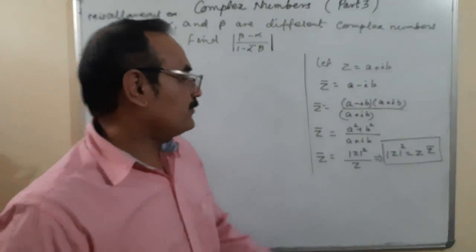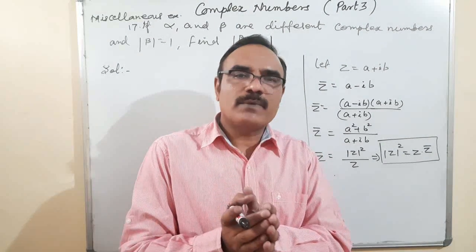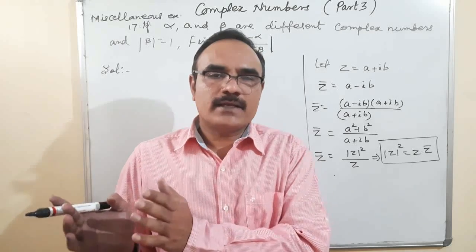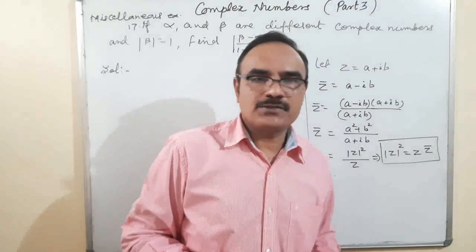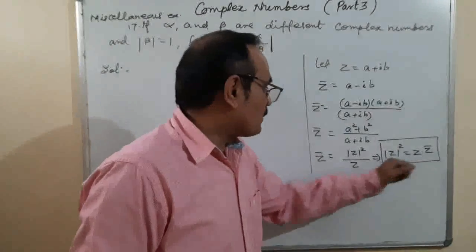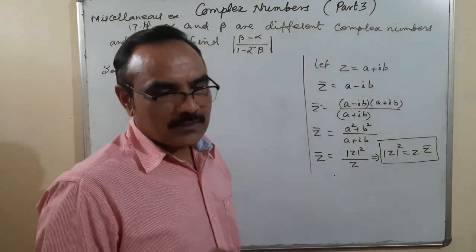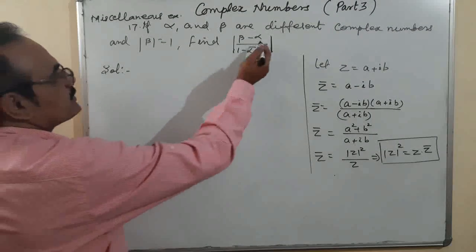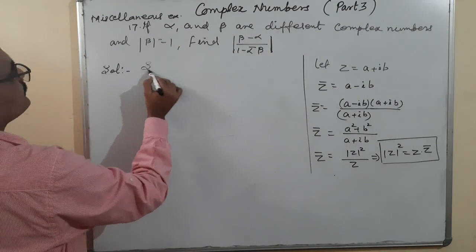So whenever we see a complex number and the conjugate of that complex number, both in a product, we can write the magnitude of the complex number whole square. Okay, so this property will be used in this question. That's why I have explained it. z into conjugate z is equal to mod z square. So let's first square the expression.